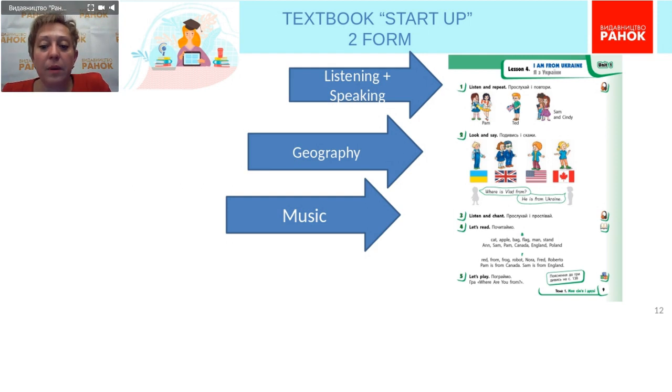Well, the third exercise is a chant, and here we deal with music, because our pupils need to listen to the song first, then to sing along, and they are happy, and this is additional motivation for learning English. And of course, every lesson of our textbook has games. The final exercise of every lesson is a game. Pupils can play them in different ways. The explanation for every game is given, and